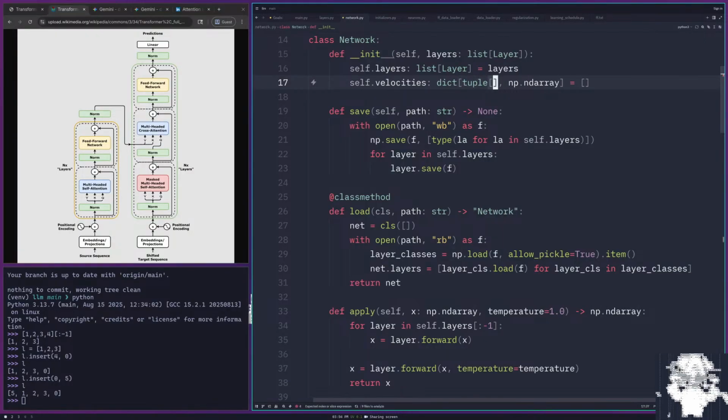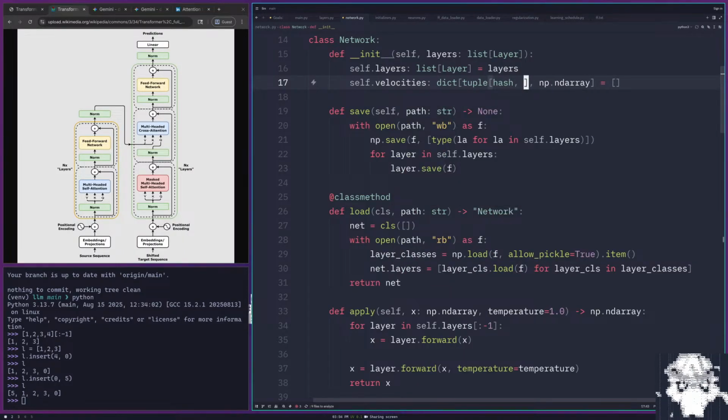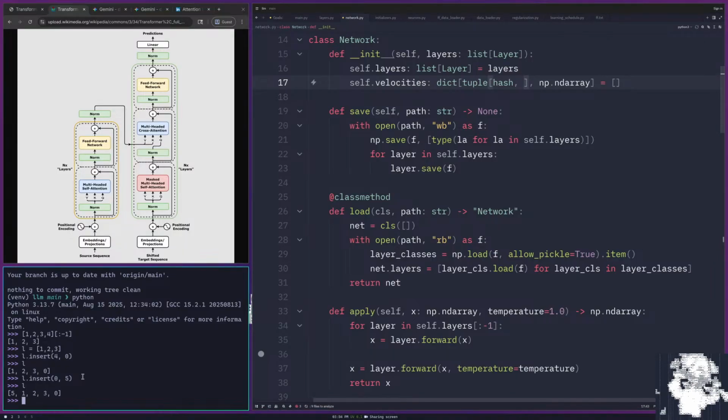I probably should. Is hash a type? Actually, I don't know this. What's the type of